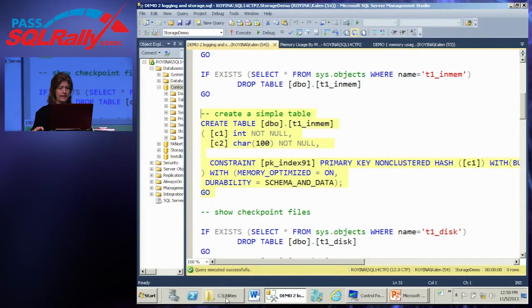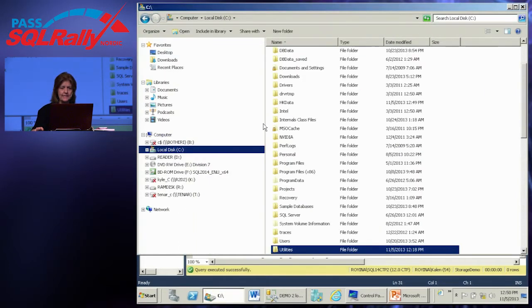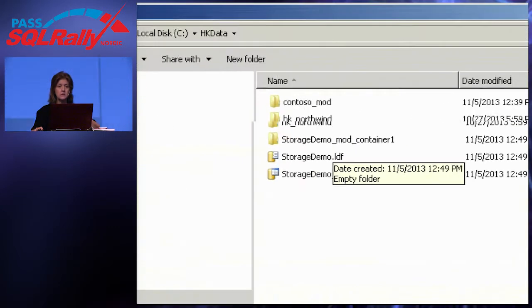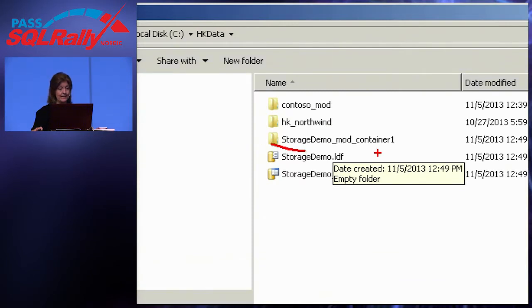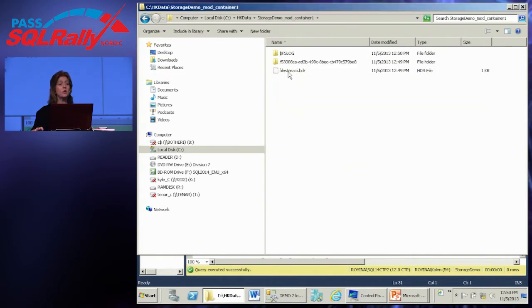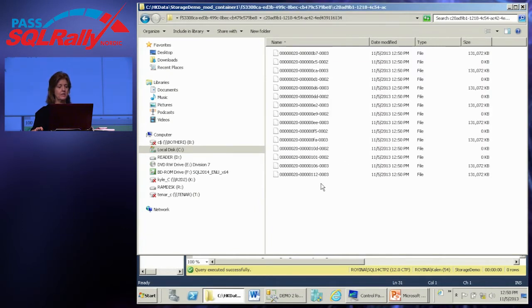Actually, before I create the table, I wanted to go out to disk and show you where I've created this. This is for Storage Demo. Storage Demo has a container, and then within that container, if you've worked with file stream, the files look just like the file stream data, a bunch of funny named files, and you can see some of them are pre-allocated and some of them are not.